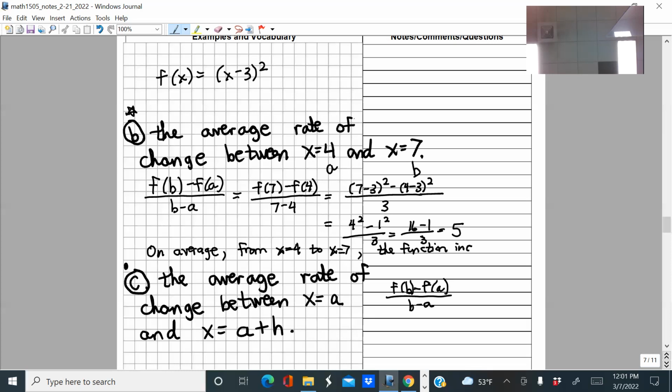Because this is positive. So it increases by 5 when x increases by 1. Remember, in average rate of change, just like in slope, the x value is always increasing by